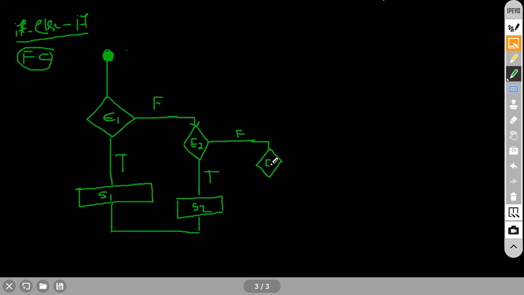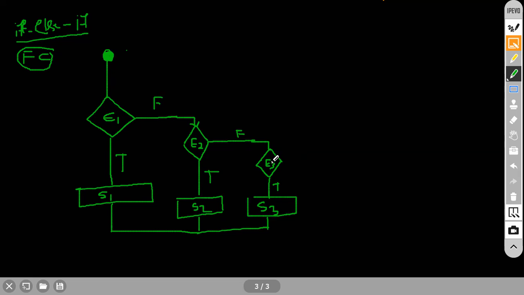That is expression number 3, I will say. If expression number 3 is true, then you will execute statement number 3. Will it continue further? No, it will stop. Understood, everybody? If it is true, it will execute S3. Sir, I understood this one also. Like that, up to n number of times you can do this, up to expression number n, En.